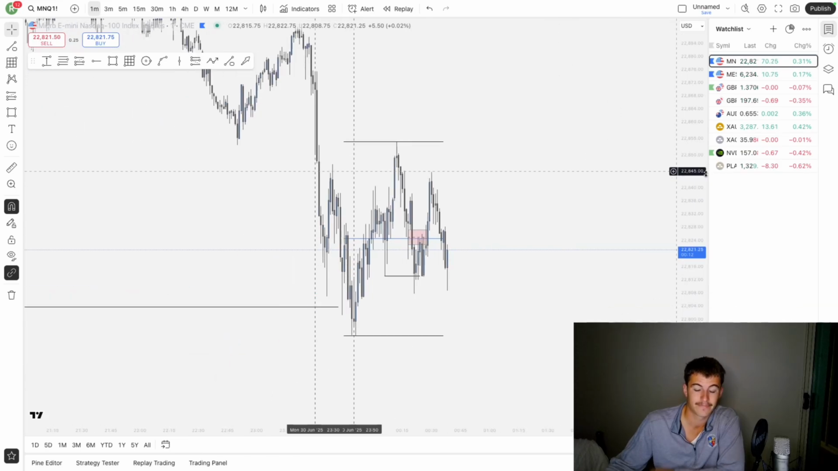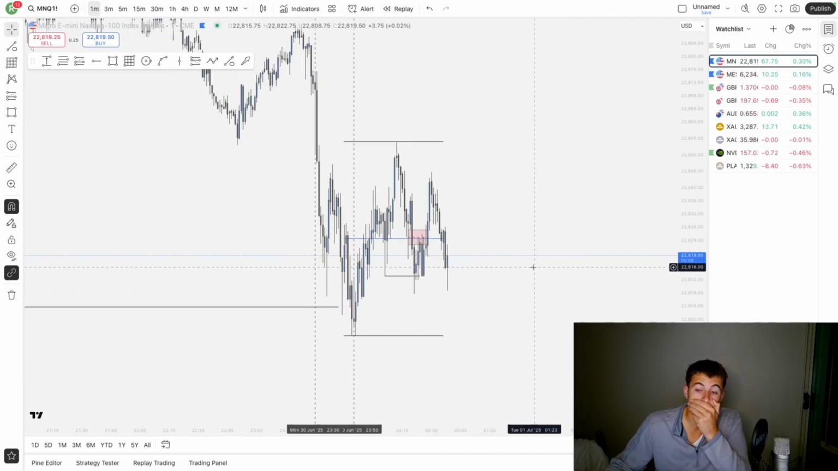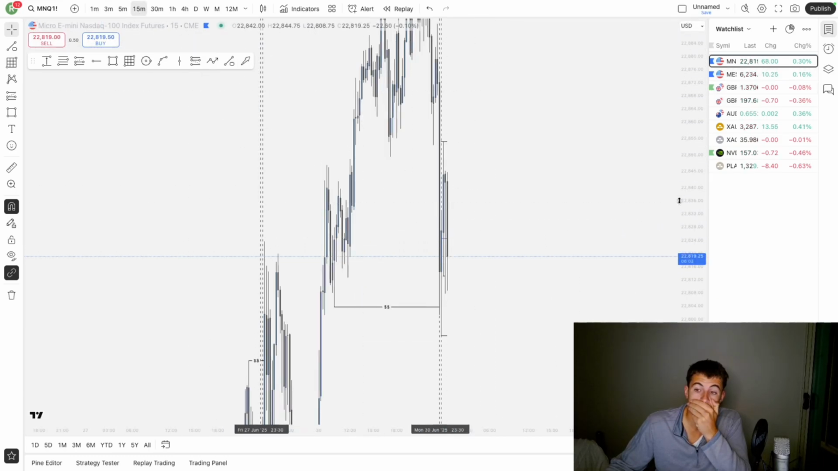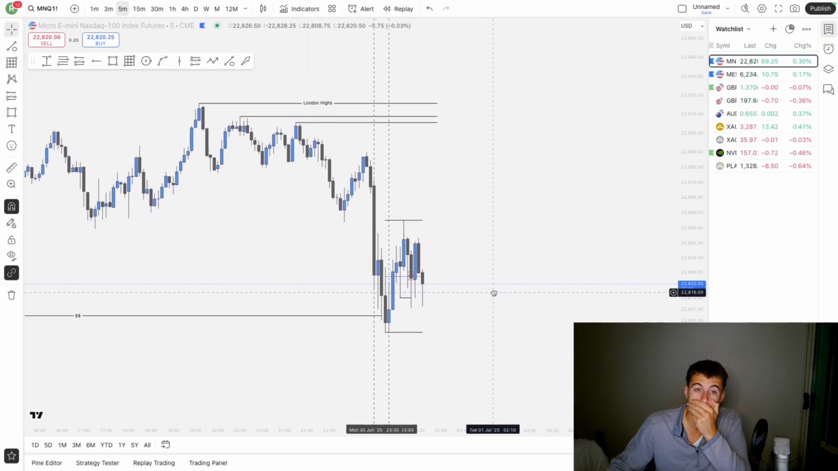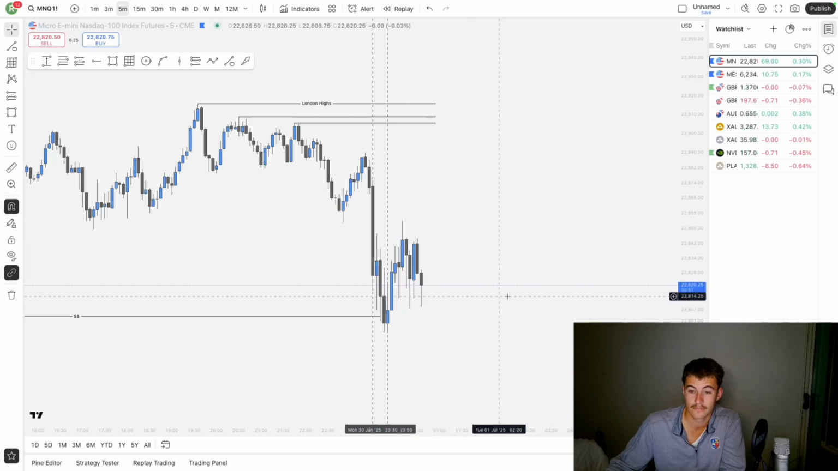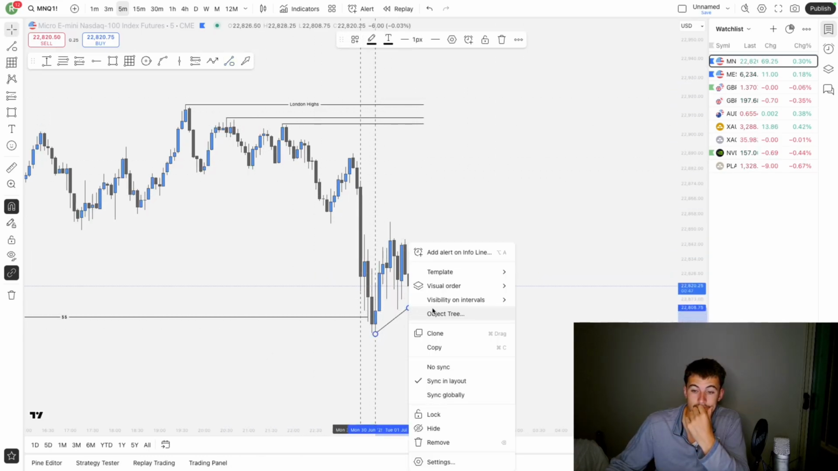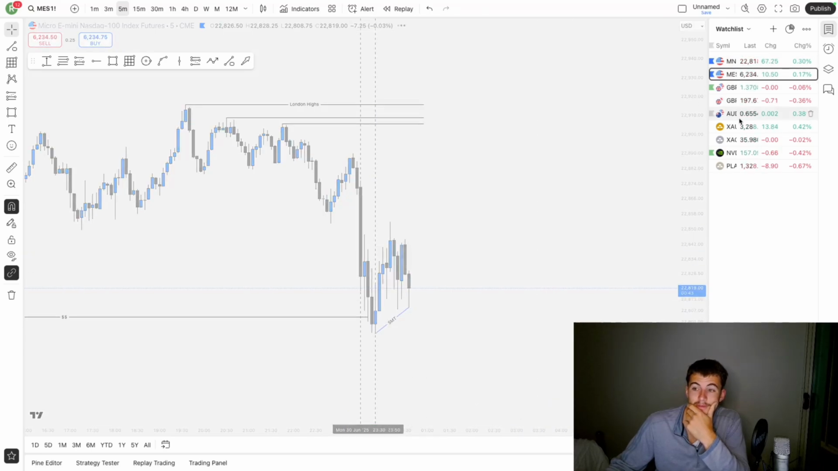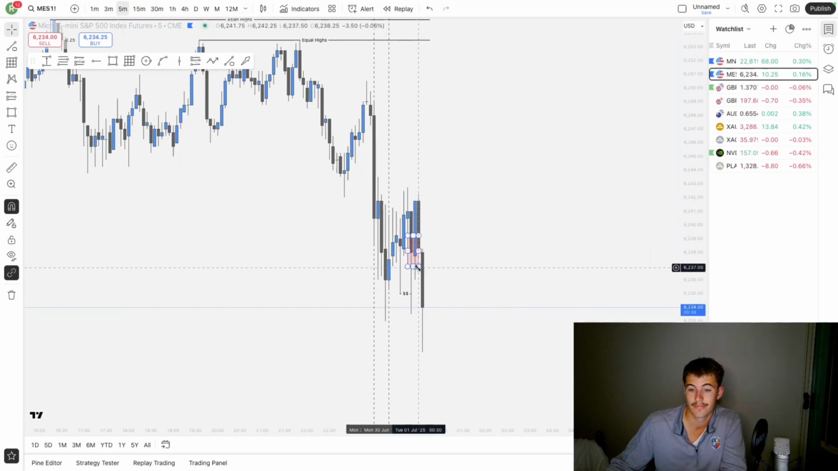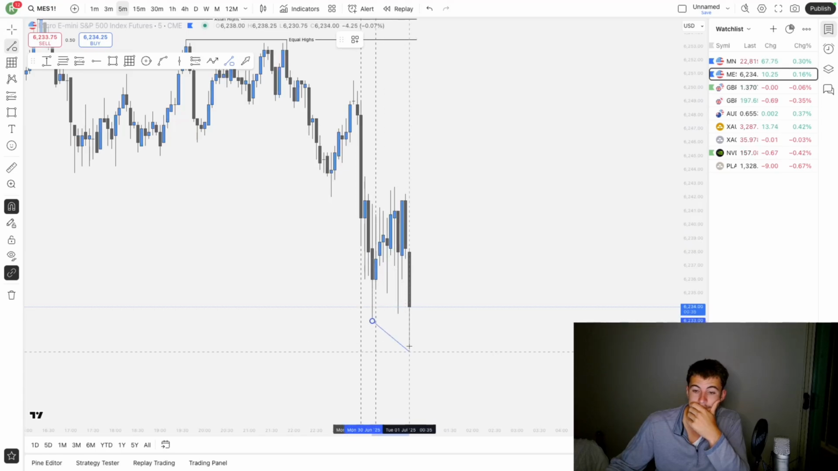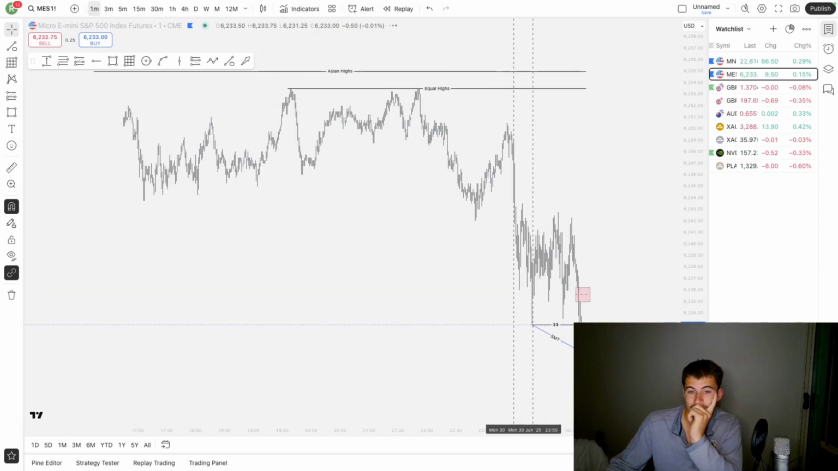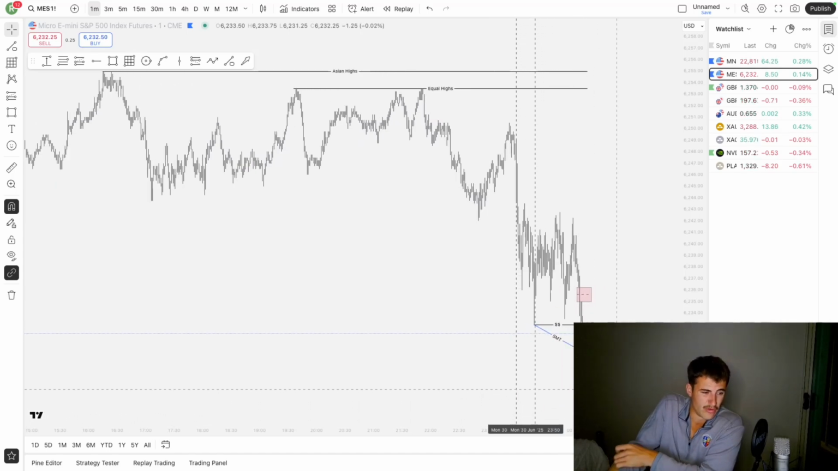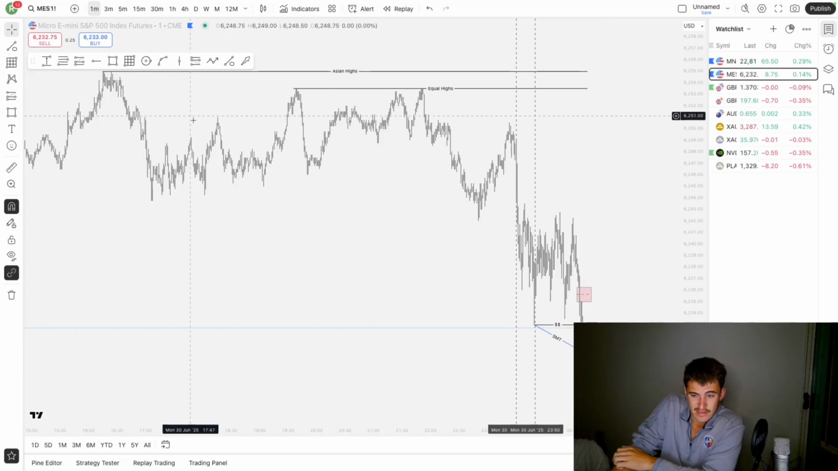Fuck. Now we get the S&T. I don't necessarily want to place another trade, but if the market's literally telling us